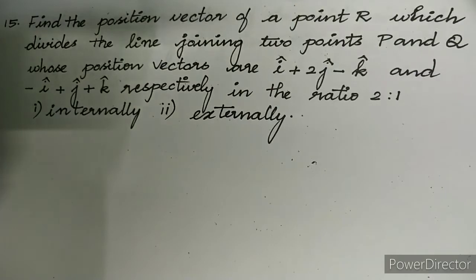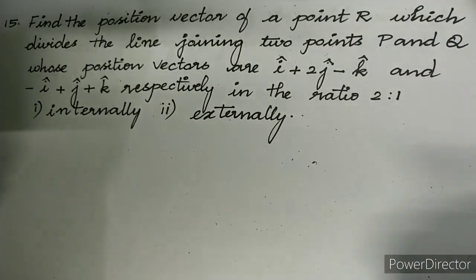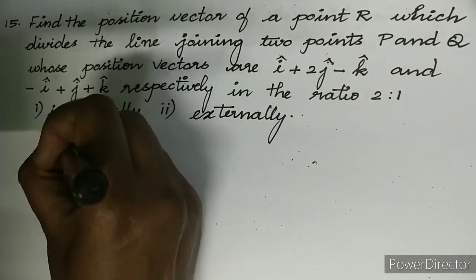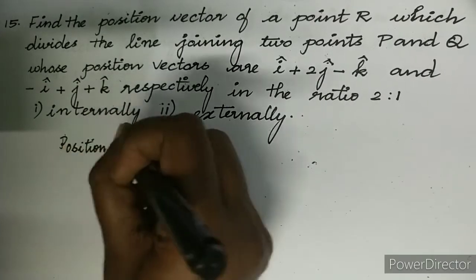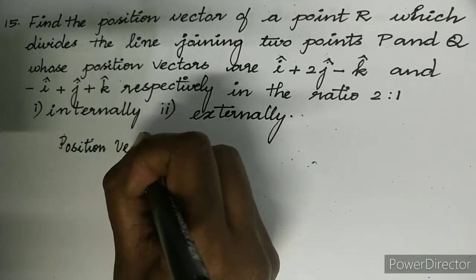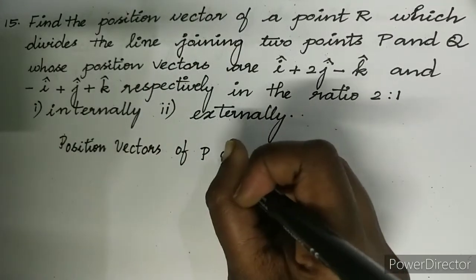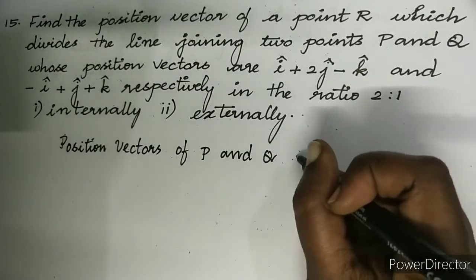So let us write the position vector of the point P and Q as OP and OQ. So position vectors of the point P and Q are given as